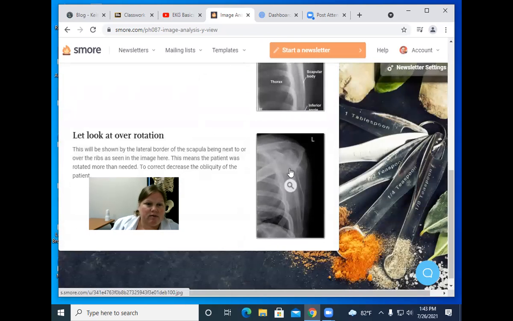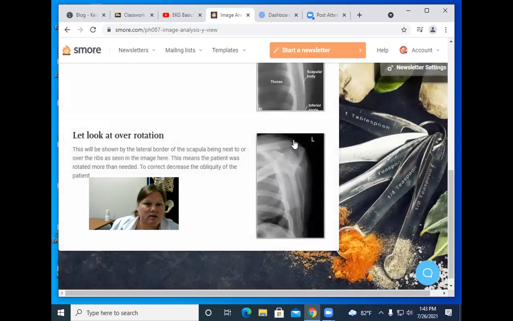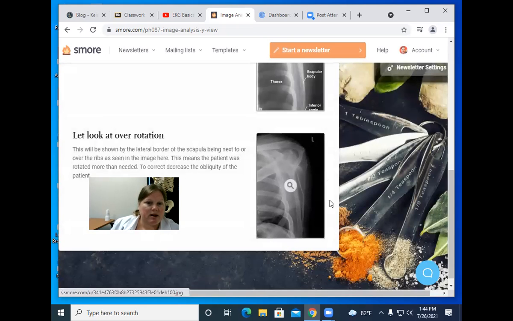And then when you have either like this one, it looks like they're a little rotated. You can see the actual curve of the shape of the inside of the scapula, so they're not straight perpendicular to the IR. So that's a rotated one. There's another one that looks rotated. So we'll look at those on image analysis day. But that is the actual proper way